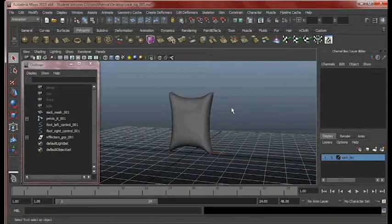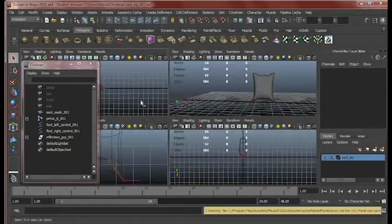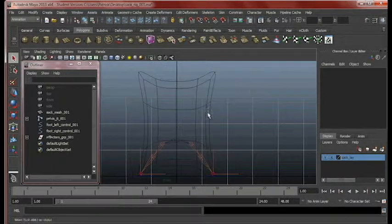Alright, so let's finish up this rigging lesson. We're going to add the upper body rig and finish this guy up and get him ready for lights, camera, action time. Like I did for the legs, I now am going to go to my front view and we're going to add a few more joints here. We're going to keep working on just the left side,